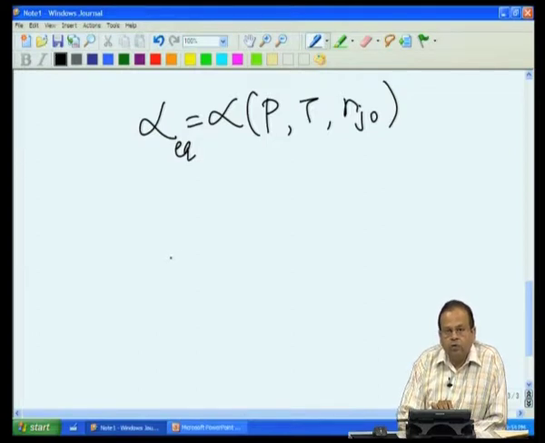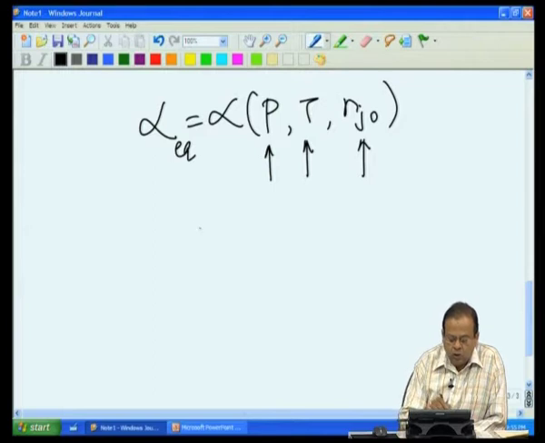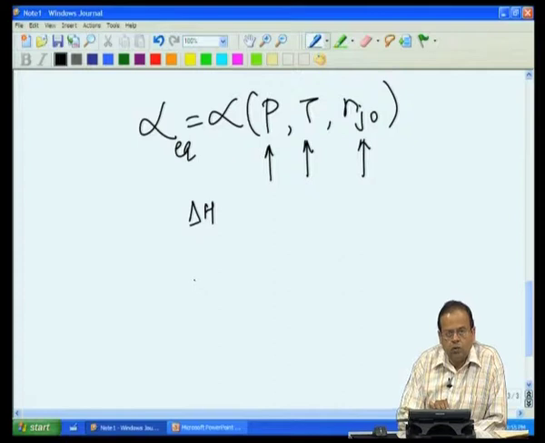Now, if we want to increase this equilibrium conversion, so that we can realistically get higher conversions in our reactor, then we have to play around with the operating conditions such as pressure, such as temperature, the composition of the system and so on. And this largely depends on the heat of reaction. So, temperature effect, for example, is related to what happens if the reaction is exothermic, the equilibrium conversion decreases as temperature increases and so on.